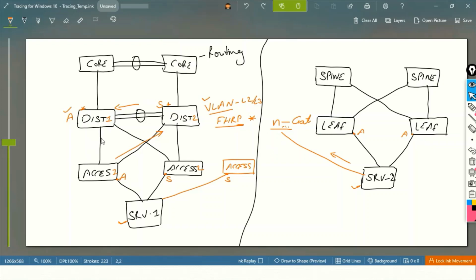The next difference is that from the access to distribution layer, one interface will be active and one interface will be standby, in case they are layer 2, which is ideally layer 2, right? Access and distribution is a layer 2 interface, and core and distribution is a layer 3 connectivity.